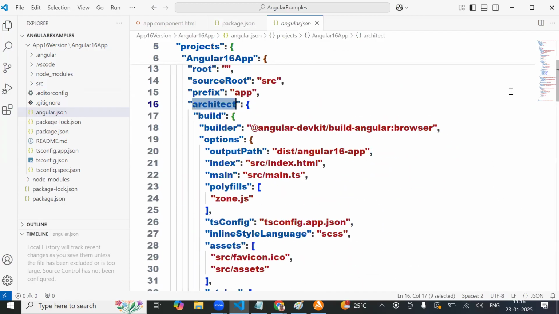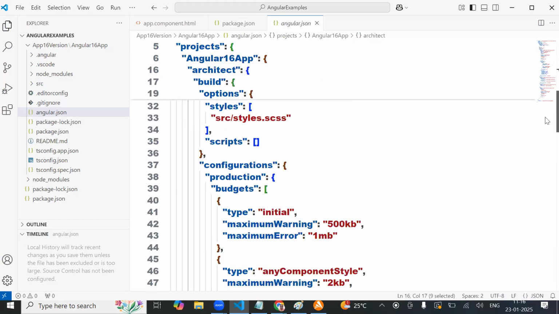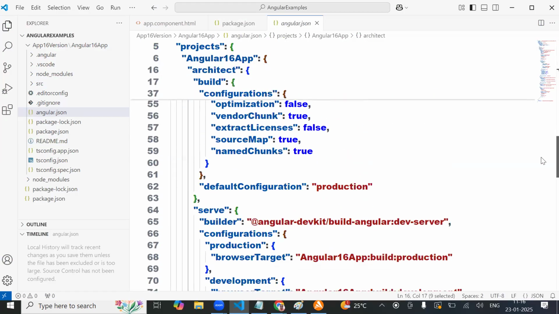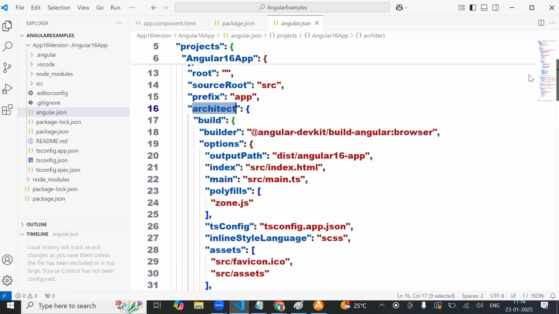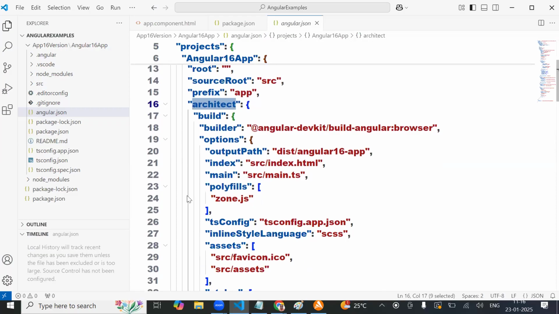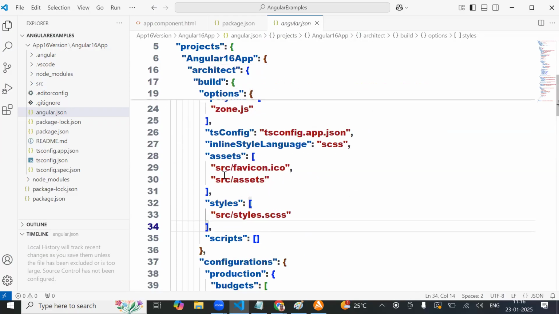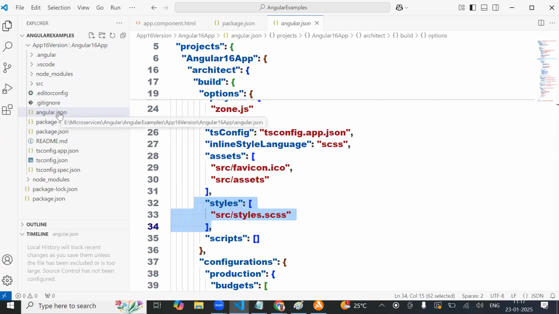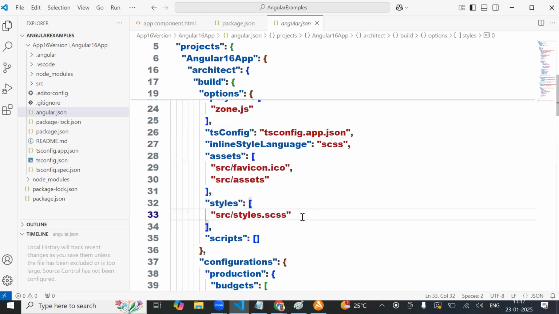Now you go and add that in the development configuration. You see there is a styles under architect, build, options. Say yes or no in the angular.json. Yes, sir. Come on. Here, you need to add